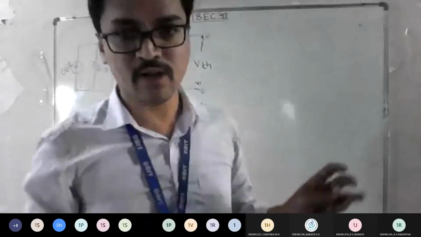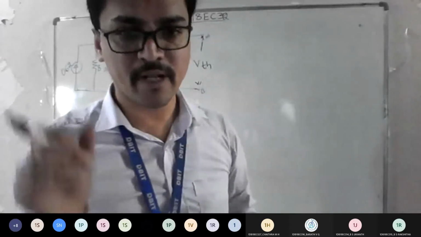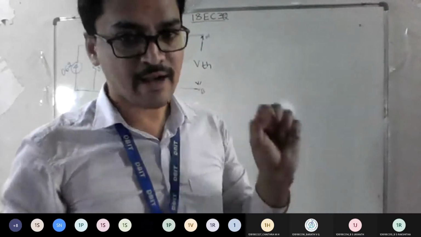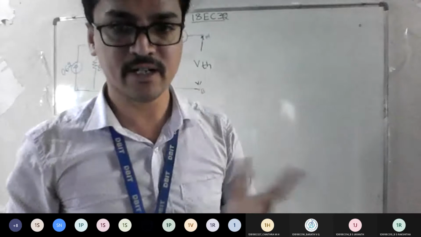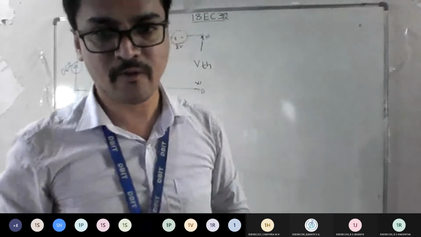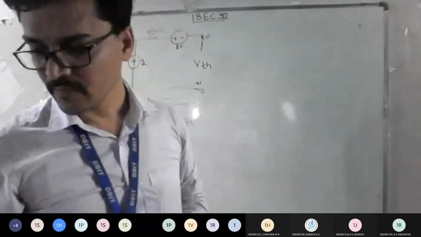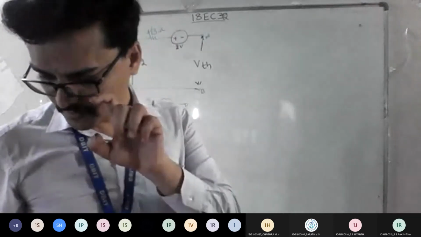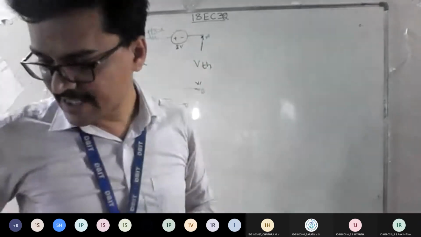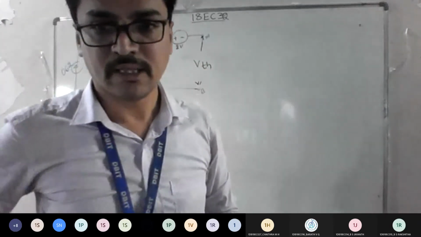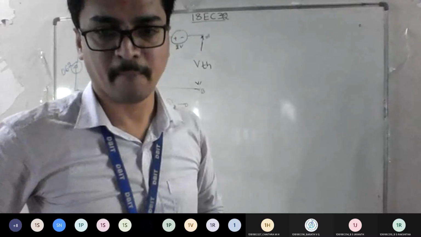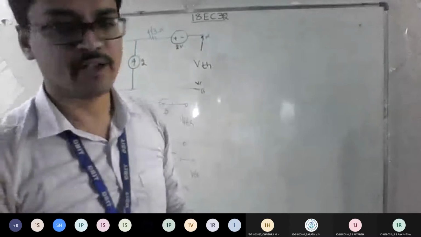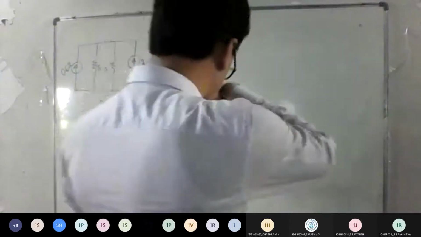Now they may give the values in terms of polar form. You need to apply the logic we were taught in the last classes, and you can solve it. They are asking not for RL now, it's ZL, so it is an AC analysis problem. Find the value of ZL for which maximum power transfer occurs across the circuit, and also find its maximum power. This is a 10 marks question.